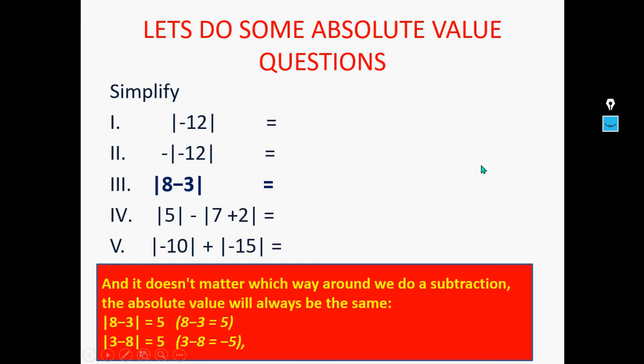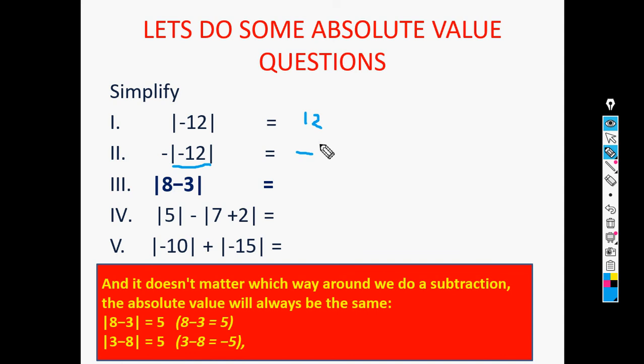Now let's do some questions on absolute value here. We'll do it together. Okay. So here, can you see these two bars here? They are not brackets. Bracket is a curve. These are straight lines, so we call them bars. It says absolute value of minus 12. What is your answer? 12, correct. And here, can you see absolute value of minus 12 is here, but then we have a minus outside. So first you have to write the minus outside and then answer. Absolute value of minus 12, the answer is 12. So I'll write it 12. But my final answer becomes here minus 12, right?